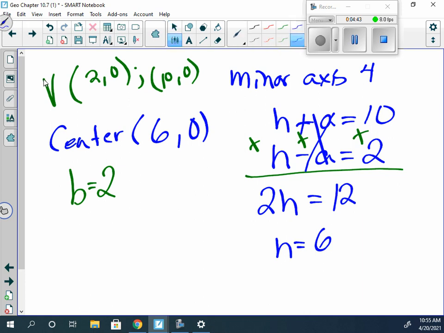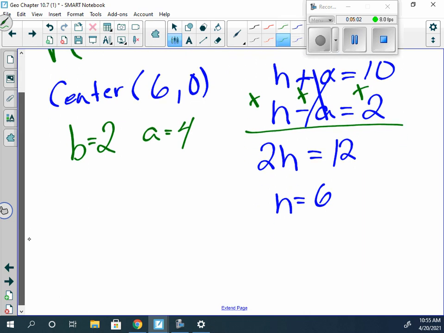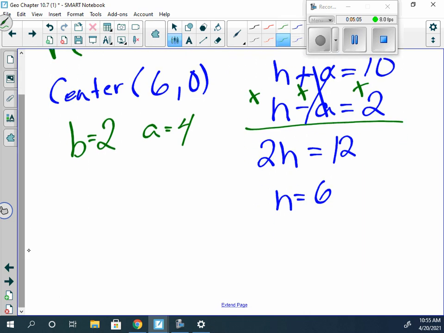Now, A, in our case, so we're going from 6 to 10 or 6 to 2, because 6 plus 4 is 10, 6 minus 4 is 2. So our A and B values are 4 and 2. Our center is at 6, 0. So when we look at the overall equation,